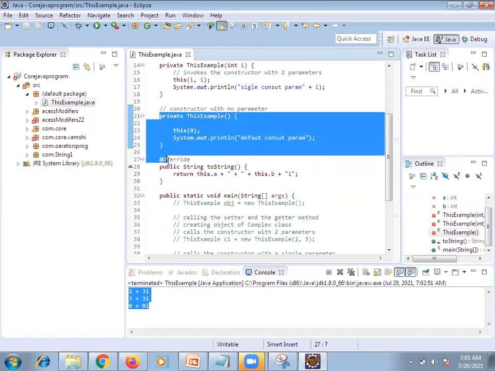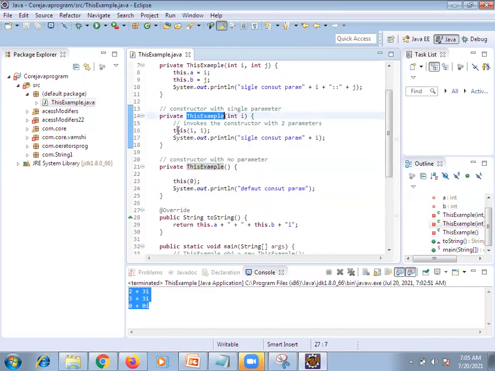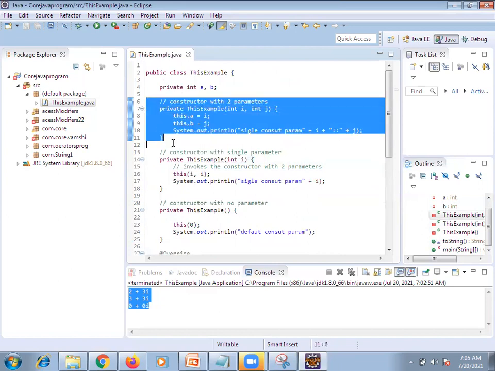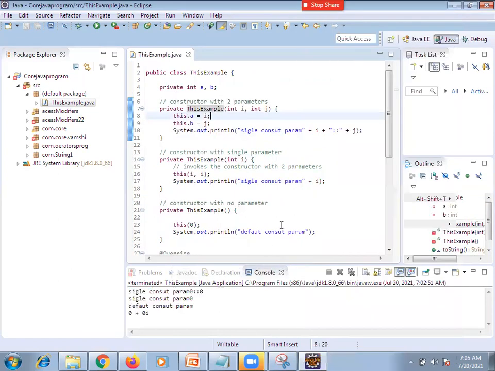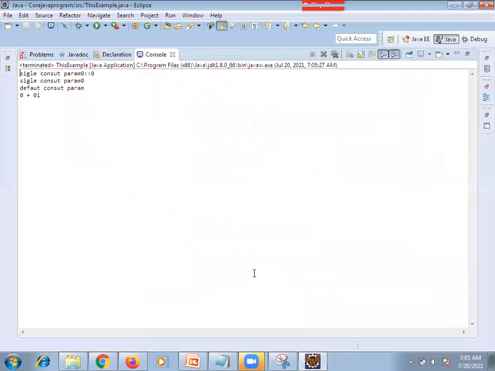By default the constructor will load. Once it loads, we are invoking, linking this dot 0 which means single parameter. Inside the single parameter, what are we calling? Two parameters. Now we need not do any implementation logic. Directly it will print. Getting? First default, then single, then the third, and then finally the output came.